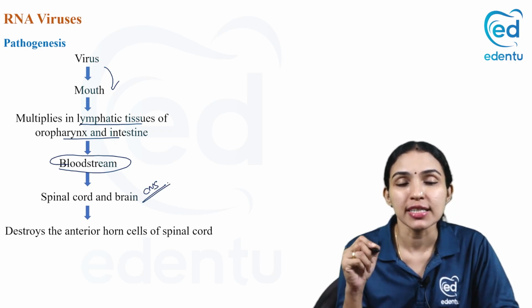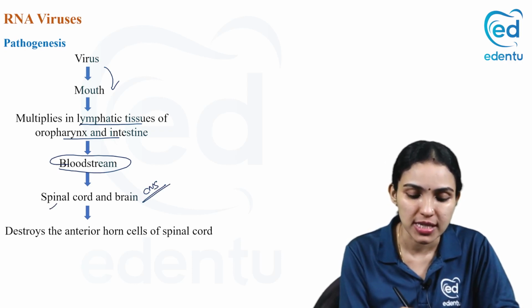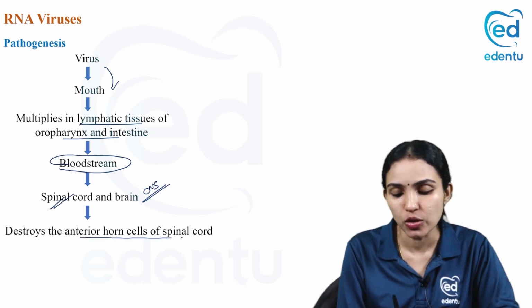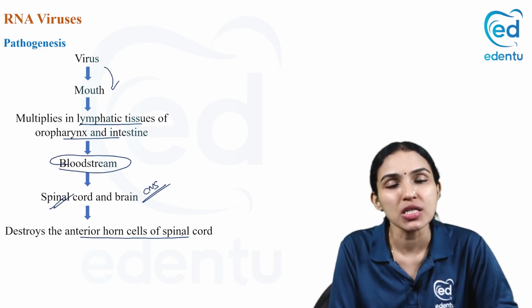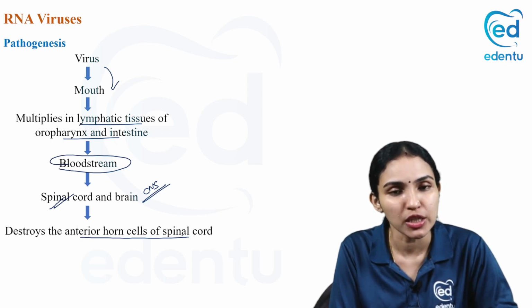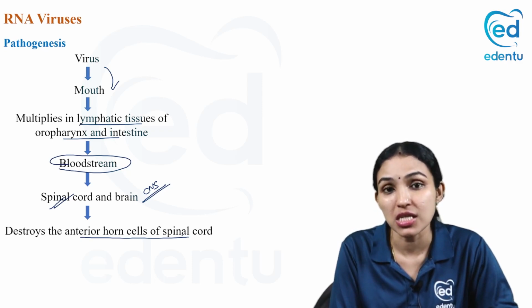And in the CNS, the favorite area for poliovirus is the spinal cord. The anterior horn cells of the spinal cord are the favorite area for poliovirus. It will cause damage to the anterior horn cells of the spinal cord, and that is why it causes paralysis